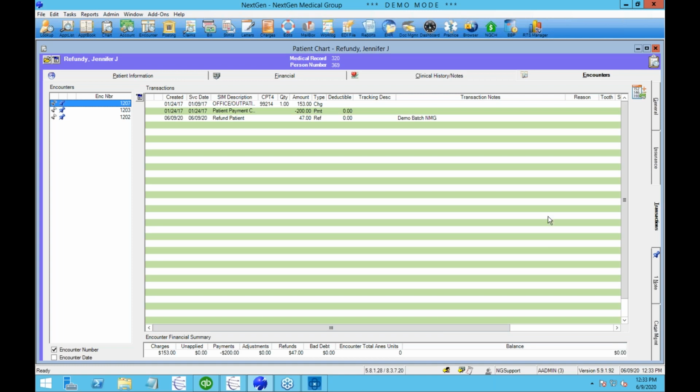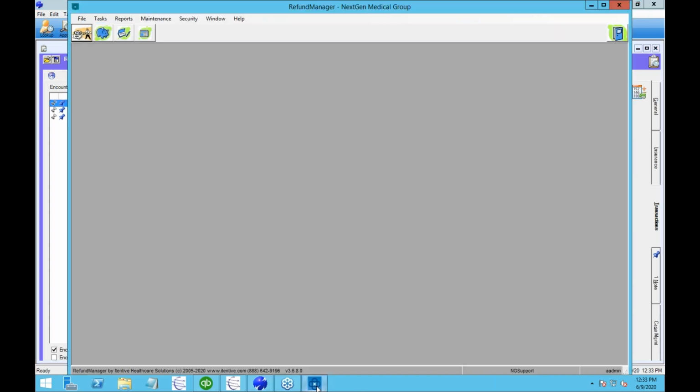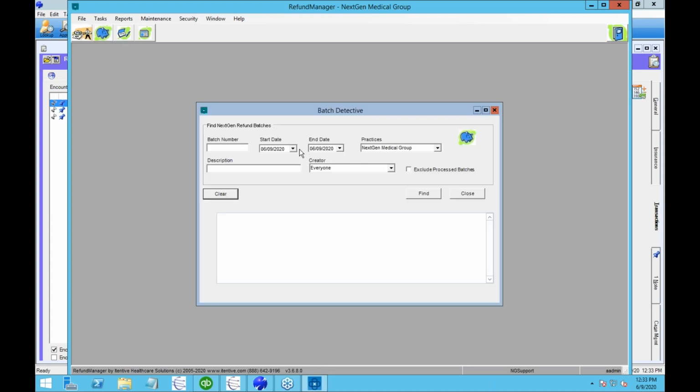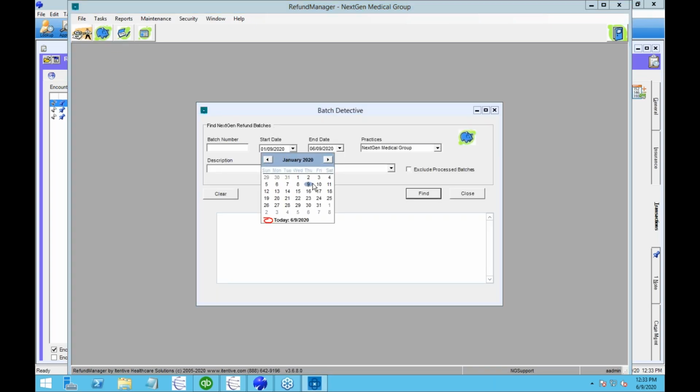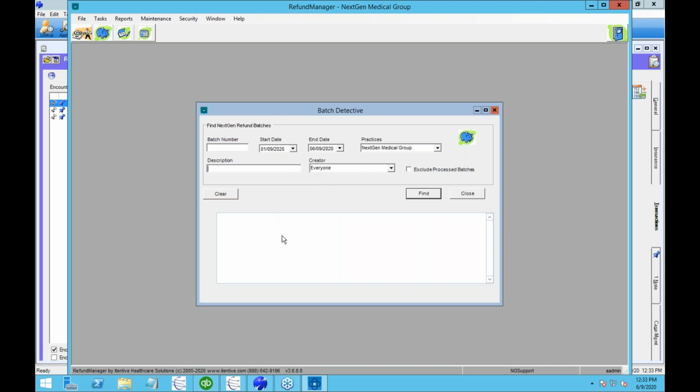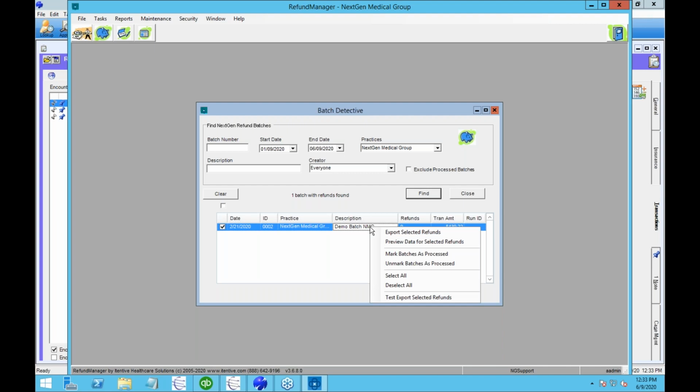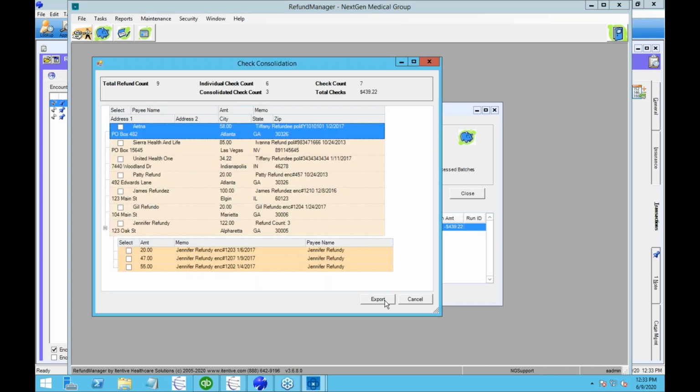So let's go ahead and jump back over to Refund Manager and look how easy it is to export the information out. I'm reusing an old batch here on my demo system that I just keep resetting. So I'm going to find my batches that contain the refund transactions, and there could be a whole list of them. In this case, we've only got the one. I'm going to pick the ones that I want to export. And instead of sending a report over to accounting for them to start keying it in and spend an hour entering 100 refunds, we're going to go ahead, right mouse export,